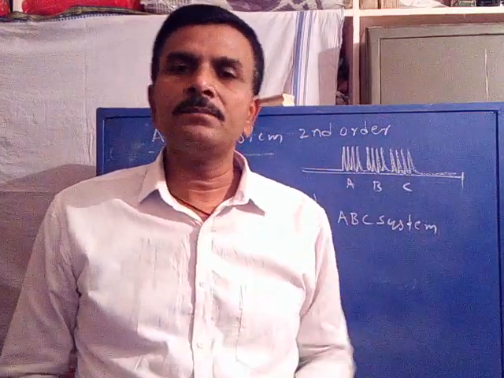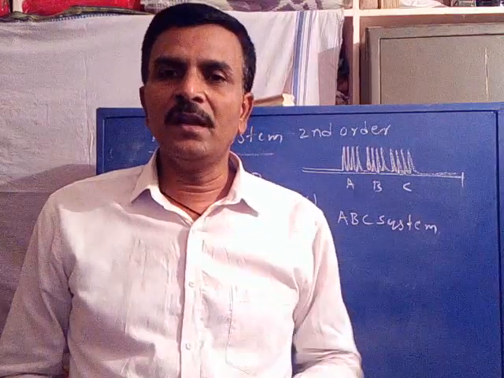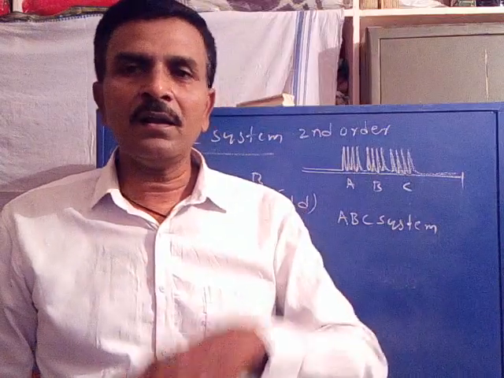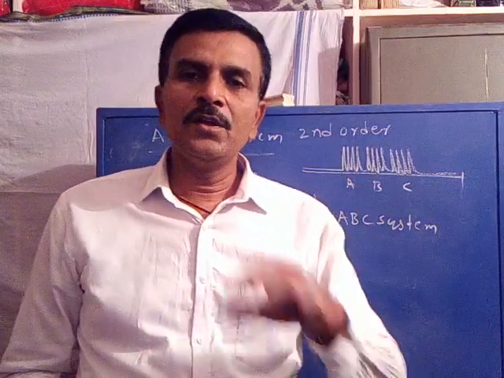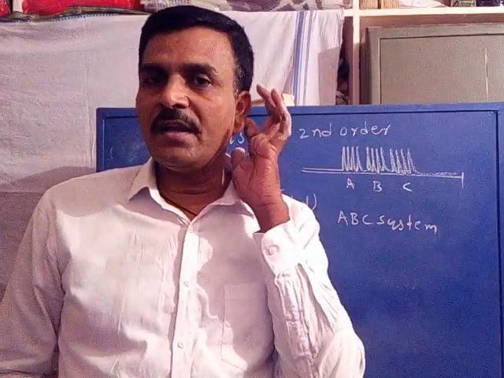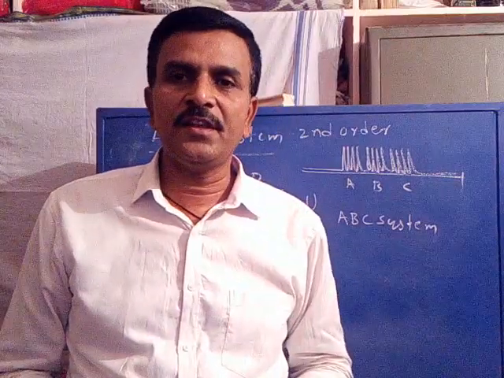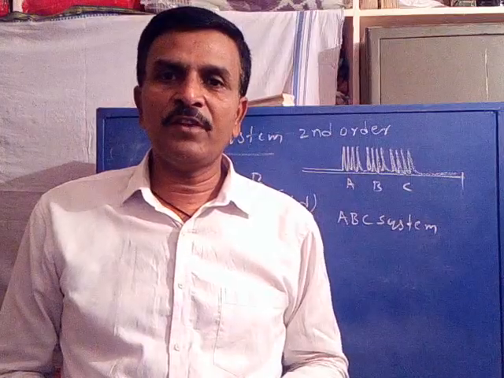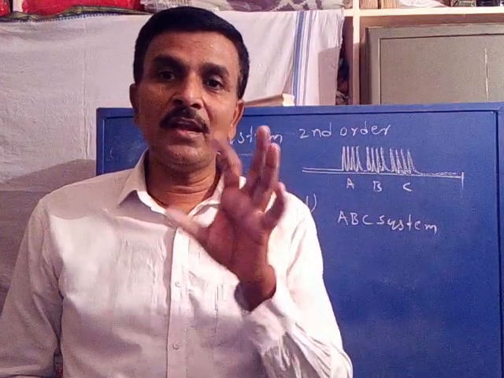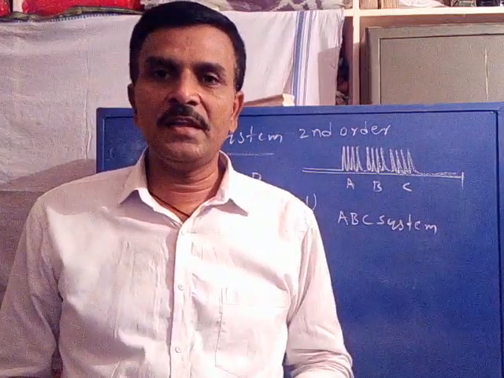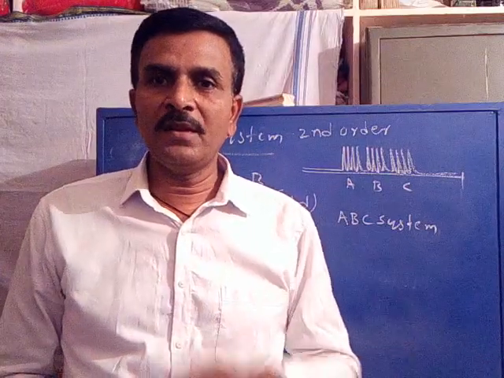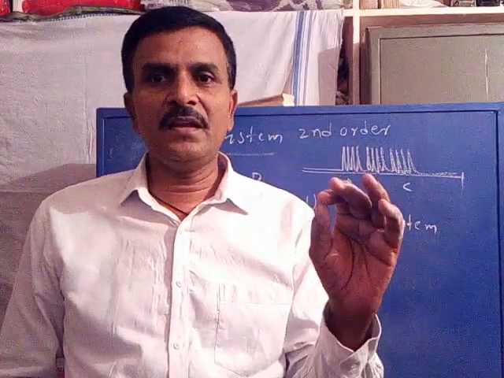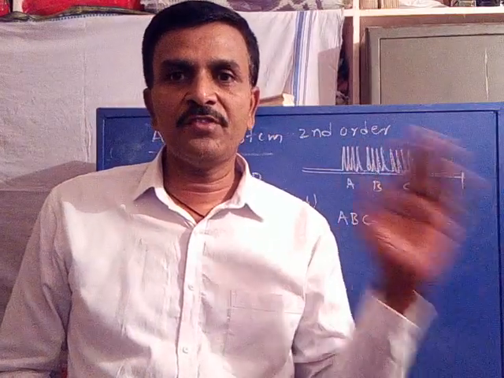Now for second order, you show the signals with distorted intensities. If it is second order, the intensity must be distorted. You show the signal with distorted intensities and distorted multiplicities very close to each other. While presenting the spectrum for second order, you show the signals very close to each other with distorted intensity. Is it clear? Once again, in brief, any system consisting of X letter comes under first order.